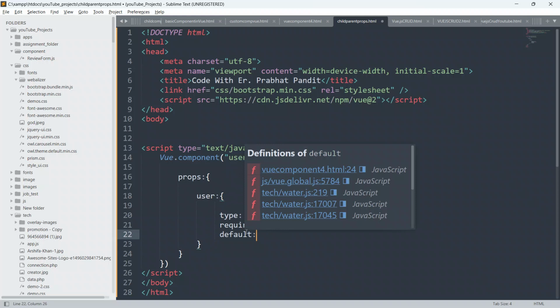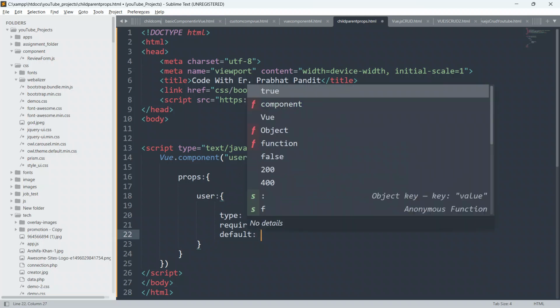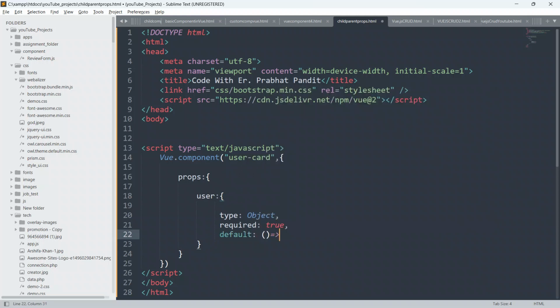I will say parenthesis, and this is an arrow function that returns an object, so we have to define some custom data for this user props.